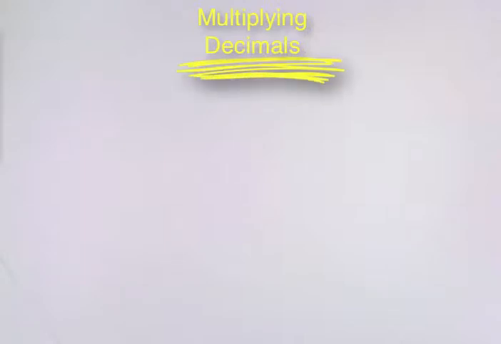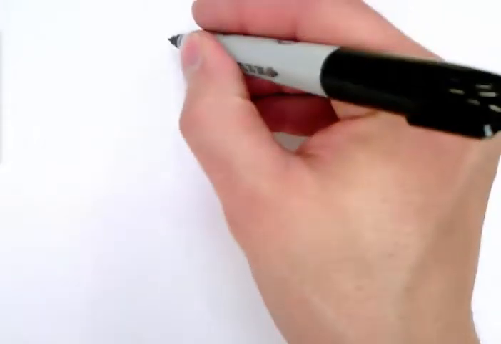Hello, today we're going to look at multiplying decimals. So we're going to start off with something very simple. Okay, let's start off with 1.2